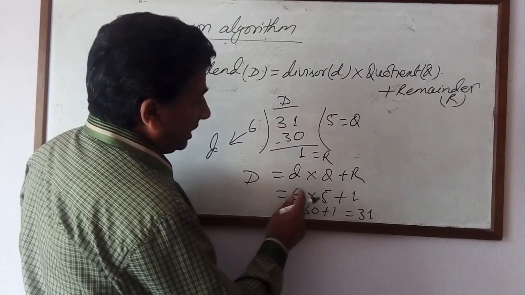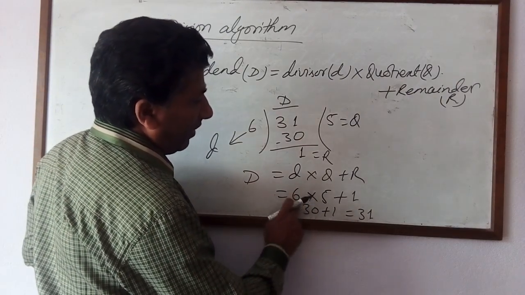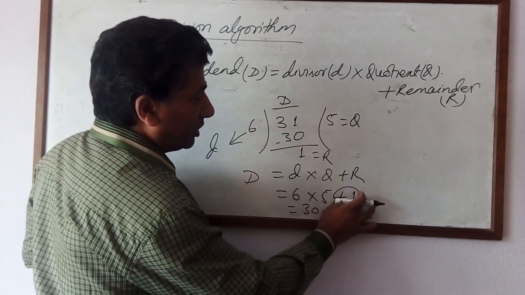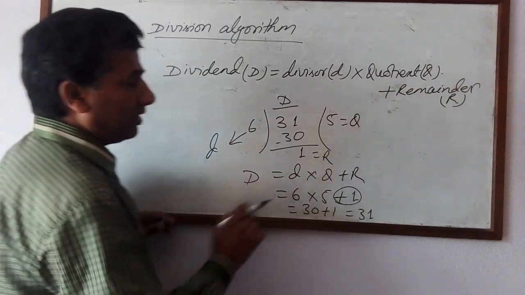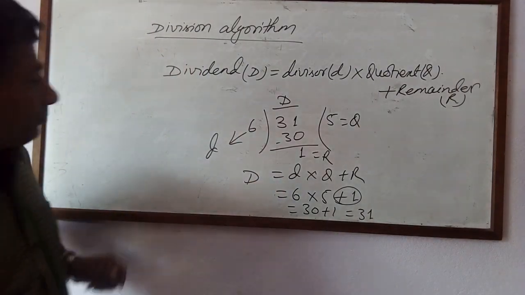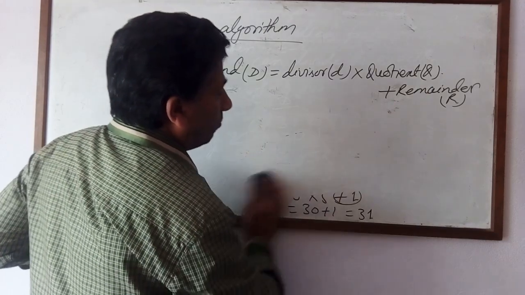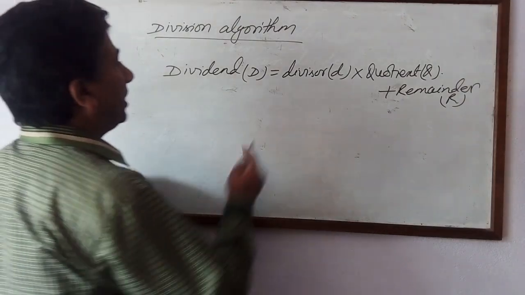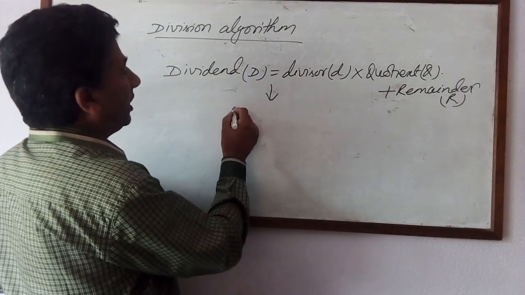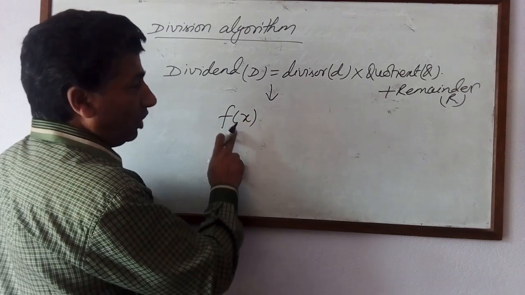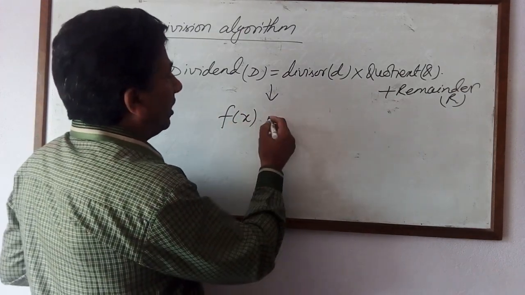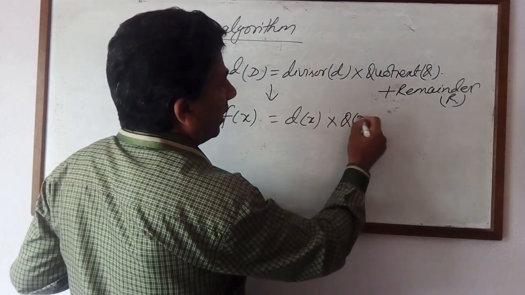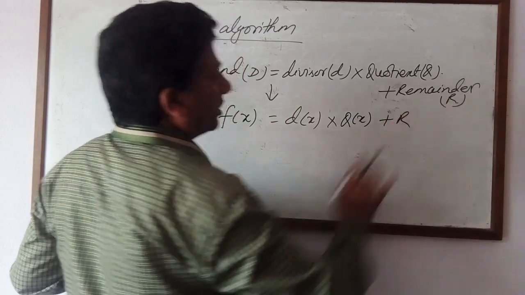Now here is one more very important point. Right now, 5 and 6 are not factors of 31 because there is a plus sign, there is no multiplication sign. If we remove this one, then 5 and 6 will be factors. Now I write this in terms of polynomial. In this division algorithm, we have to change like this. In place of the dividend, we take a polynomial. The polynomial will be the dividend. The divisor we write dx. The quotient I write qx, and the remainder r(x) you can also write, that is a number.